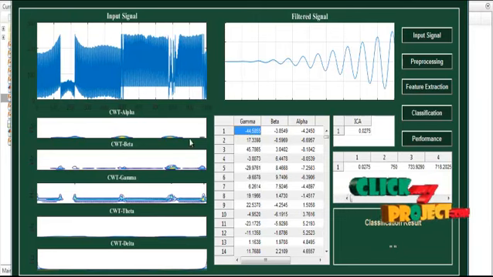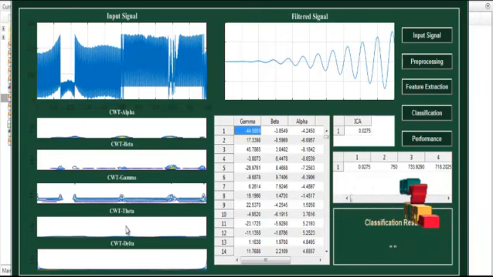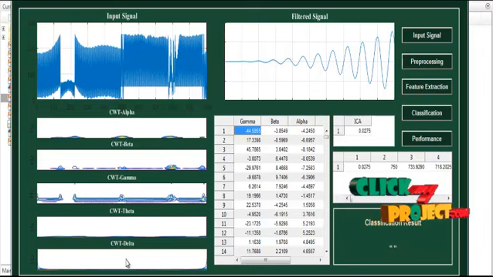Then after that CWT is applied. So CWT is applied for the alpha signal. So these are the signal values for the CWT. This is the CWT of beta. Then this is the CWT of gamma. Then this is the CWT of theta as well as the CWT of delta. So after extracting these 5 values,